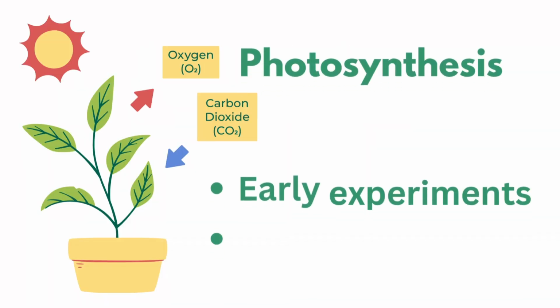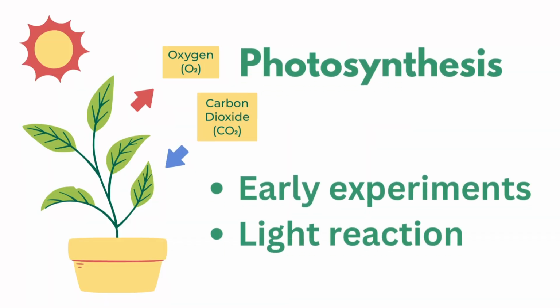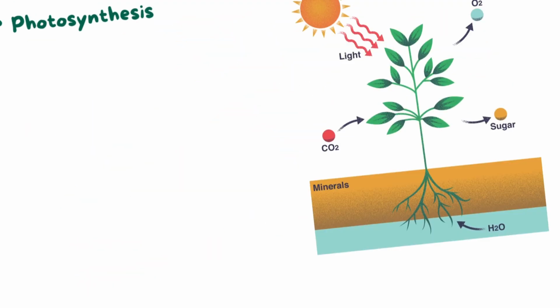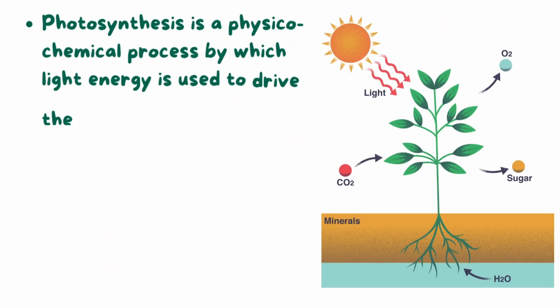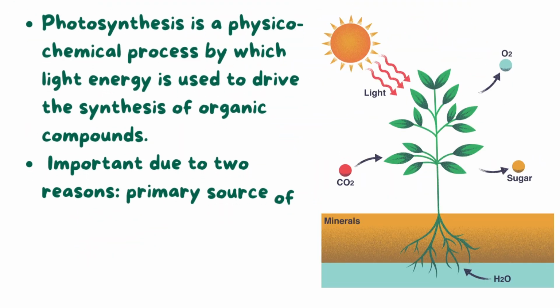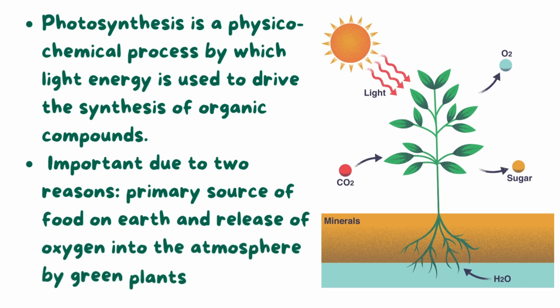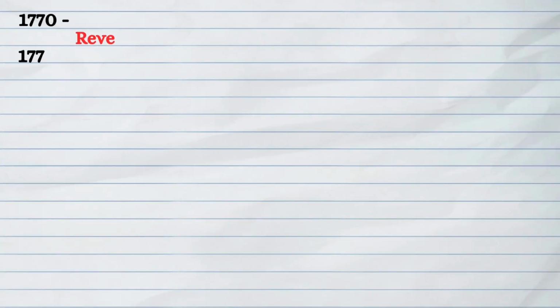In this video, we will be dealing with early experiments and light reaction which comes under photosynthesis in higher plants. Photosynthesis is a physico-chemical process by which light energy is used to drive the synthesis of organic compounds. Important due to two reasons: primary source of food on earth and release of oxygen into the atmosphere by green